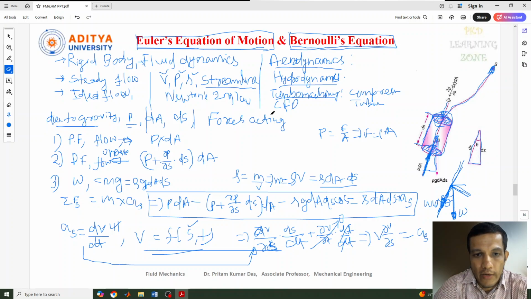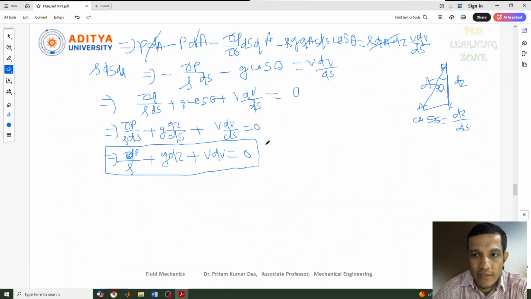So I hope you understand how to derive this. It is very simple, but the only thing is we need to remember the steps to identify it. For Bernoulli's equation also, nothing is difficult. From this equation only we can identify. Now, in the last class video, if you remember, we derived this Bernoulli's equation for vortex flow. Anyway, to derive this Bernoulli's equation,